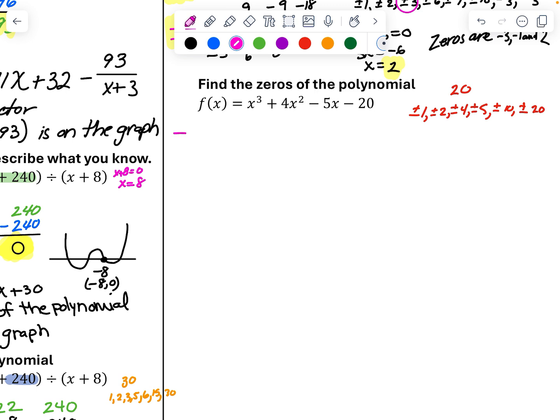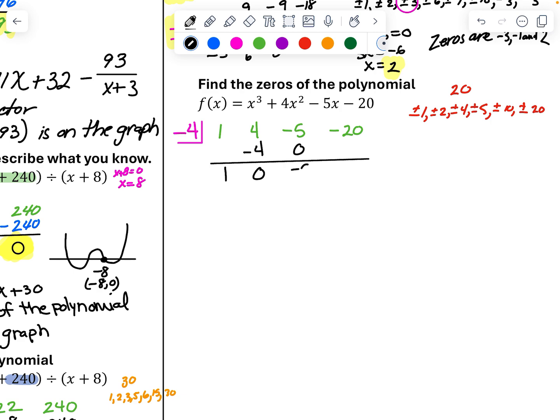So I'm going to try -4. And my coefficients, let's see if I can get them right this time, are 1, 4, -5, and -20. Put my equals bar, pull the first number straight down,